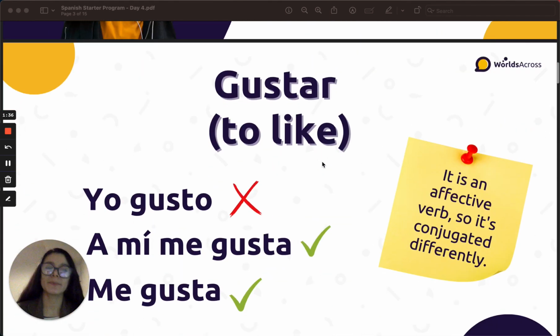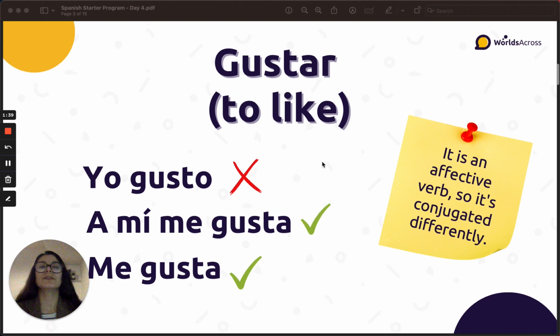So in English, when you use the verb to like, you just conjugate it with the subject and say, I like pizza, right? In Spanish: me gusta la pizza. Very simple. But in Spanish, I don't use the subject yo, okay? I use me or a mí me. Why? Because something is affecting me, so I am not performing an action.